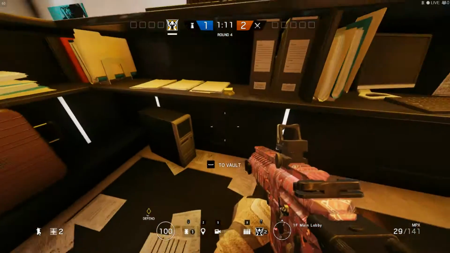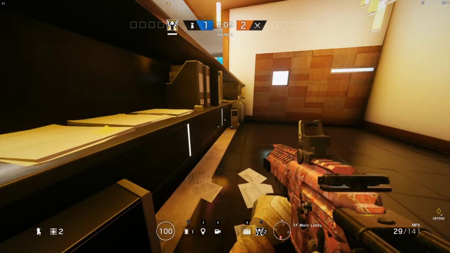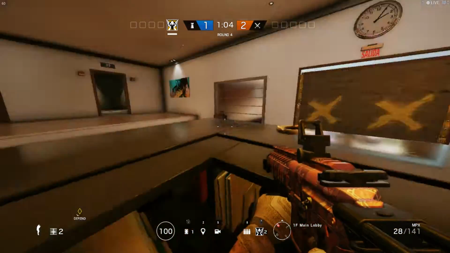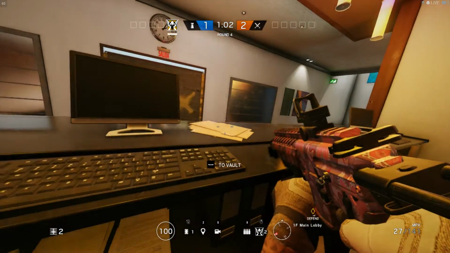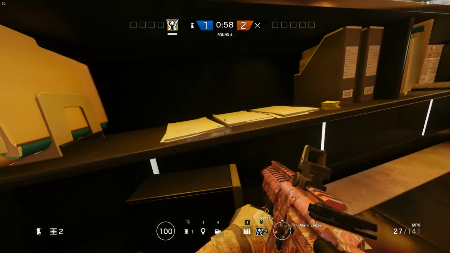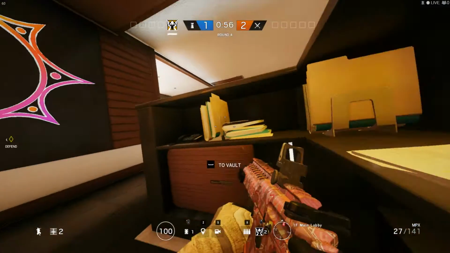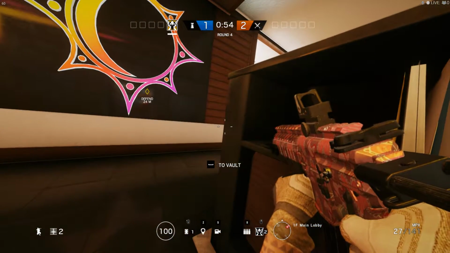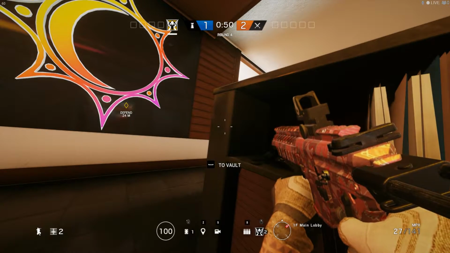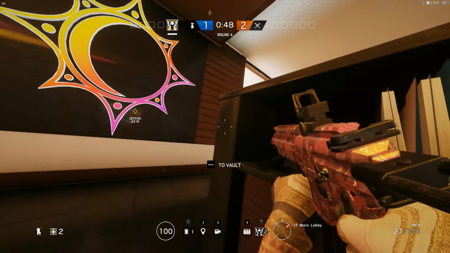Another spot to hide is right behind the reception desk. Now, I normally don't hide behind the reception desk because they can either come from bathroom or stairs, but if you know they're coming in through the front door, you can hide right here. They'll normally breach in and rush in right away. Sometimes they may check behind the reception desk, sometimes they won't, depending on the team. If there's no team coordination and there's no...